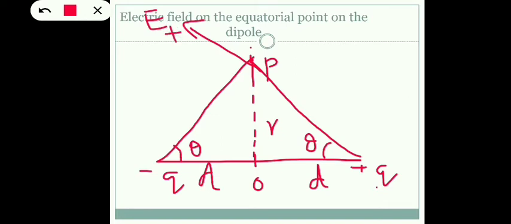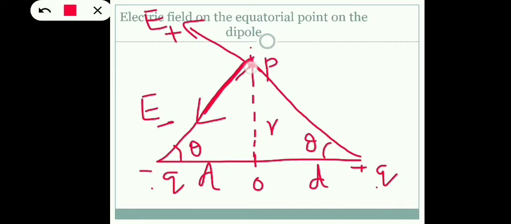What do we mean by E plus? Electric field due to the positive charge. And due to this minus q charge also, an electric field intensity is produced at the point P. So what will be the direction of that electric field intensity? Since it is a negative charge, its electric field will be pointing towards the negative charge. So at the point P, the electric field intensity due to the minus q charge will be pointing towards minus q. So this will be the direction of E minus. E minus means the electric field intensity due to the minus q charge.